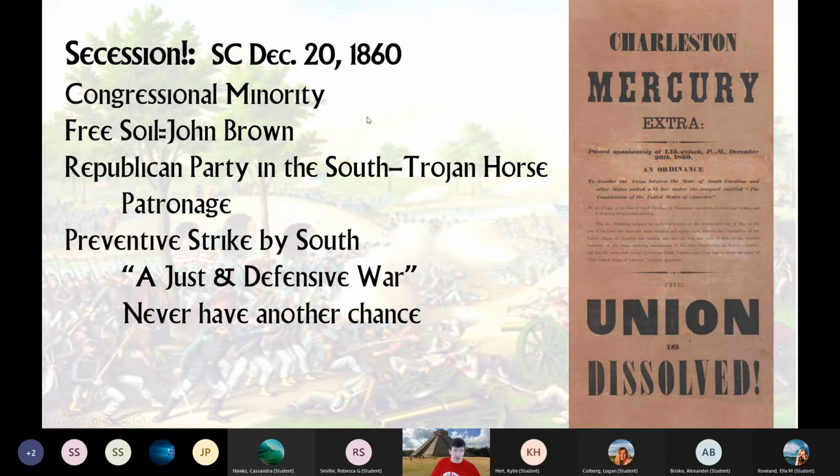So, a just and defensive war as they saw it. As they saw, we're just defending ourselves against Northern aggression. Now, let's be clear about it. There has been no direct Northern aggression. The Northern aggression is in their mind. It's in their ideology. John Brown did not represent the North. Yes, many Northerners liked John Brown's Body, the song, and thought he was standing up to it, but they didn't attack him. That was an incredibly isolated event.